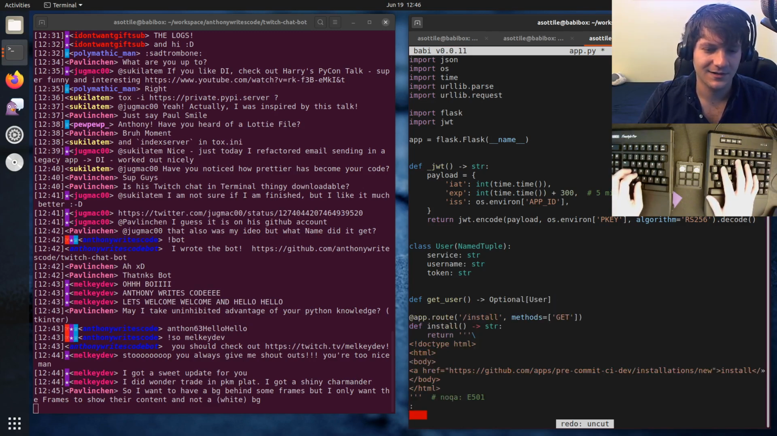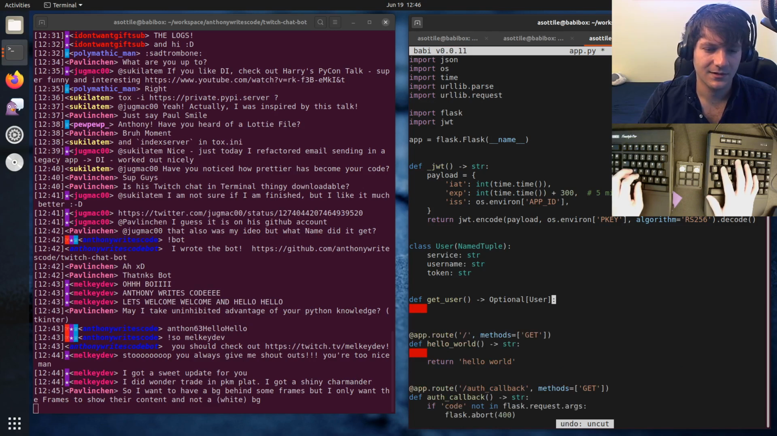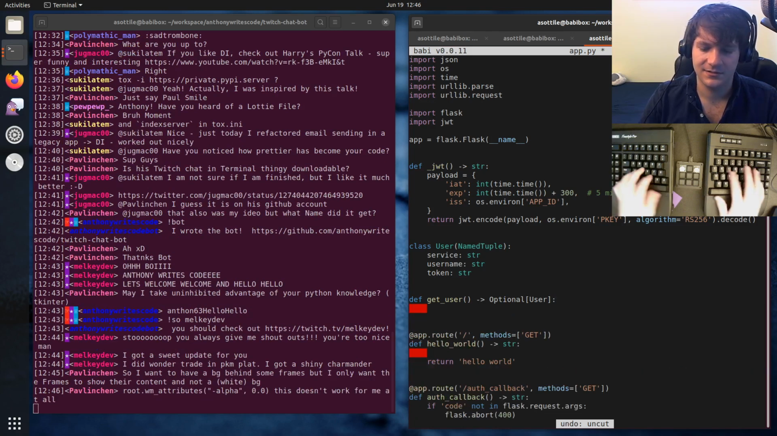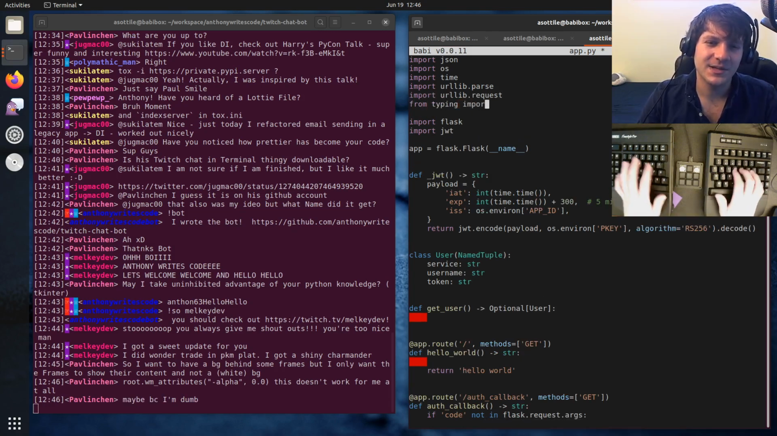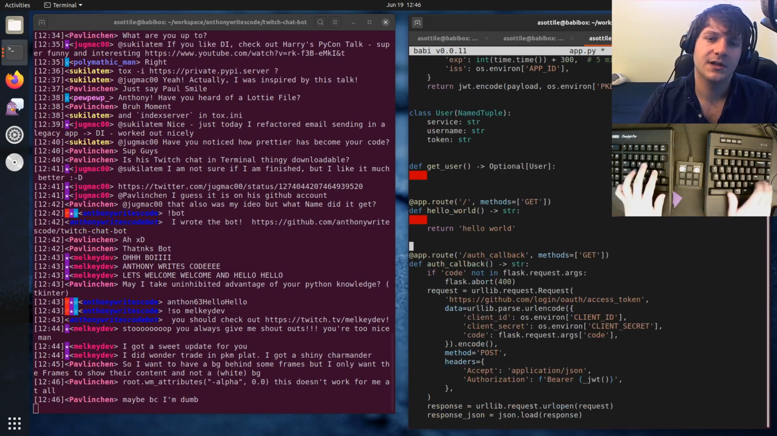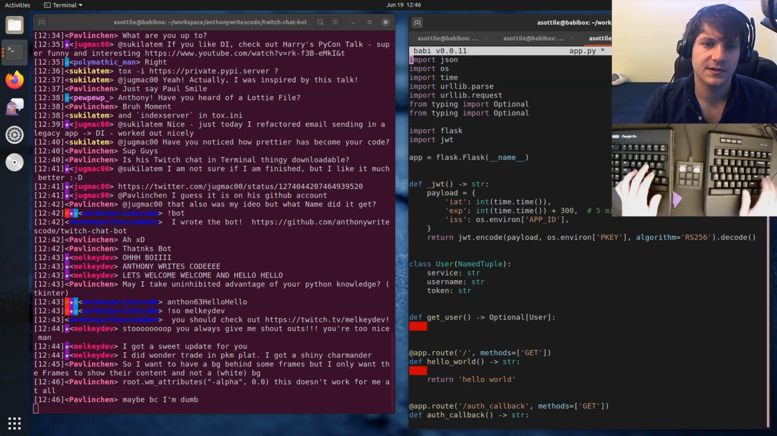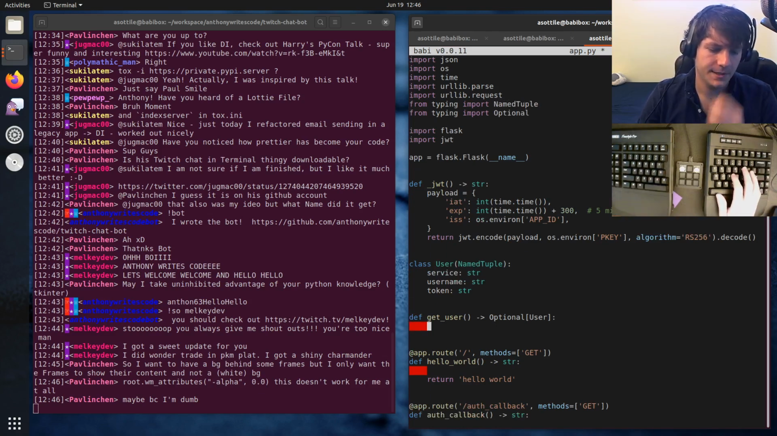What? How did I... That was weird. I don't actually know what keyboard shortcut I pressed there. I'm typing import optional, and oh my goodness, I'm just all over the place on my keyboard today. Named tuple. And